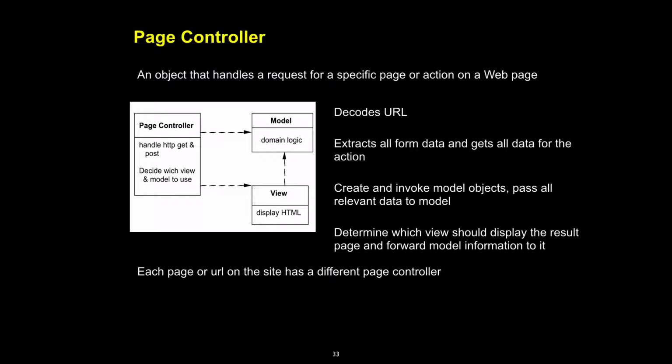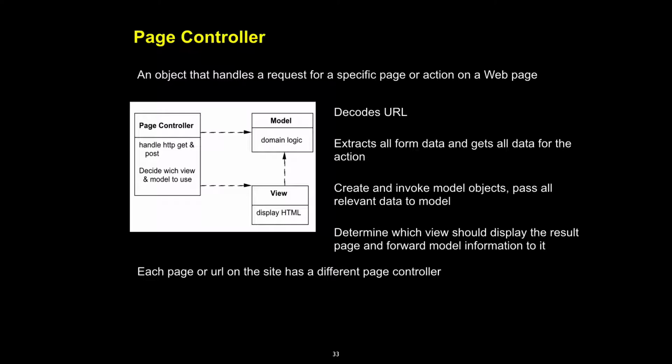And the page controller is basically: we get the request. What is the request going to do? Which page do you want to go to? What model do you want to go here? We're going to go there. And then what data do we need over here? What data do we need over here? Right. So it's like, okay, is it a get or a post? And then based on that, which view do we use and which model do we use? Right. And so it gets the URL and extracts all the